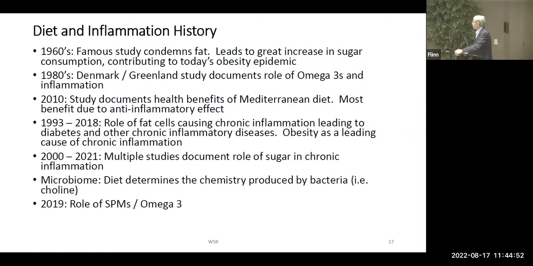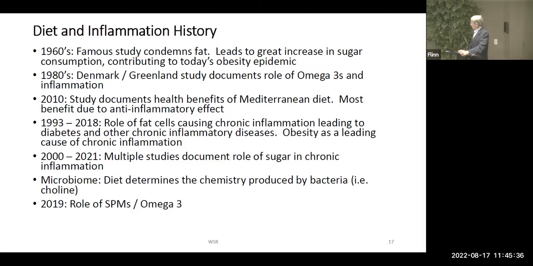So in order to understand diet in this country in the last 50 years, you have to go back to the 1960s when there was a famous study that purported to show that fat was the cause of all vascular disease. That if you could get fat out of the diet, you would have no cardiovascular disease. The problem was that this study was produced by a very famous researcher. And as a result, because of his fame, the study was not critically evaluated, and it was accepted as dogma.